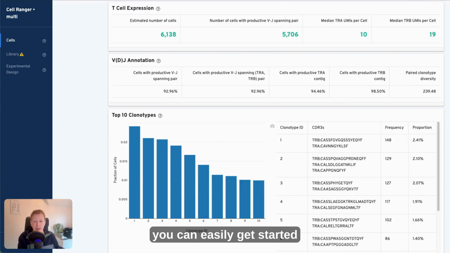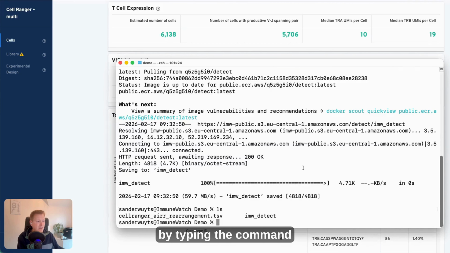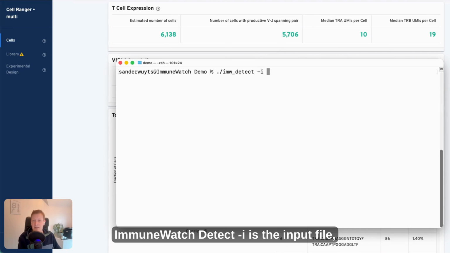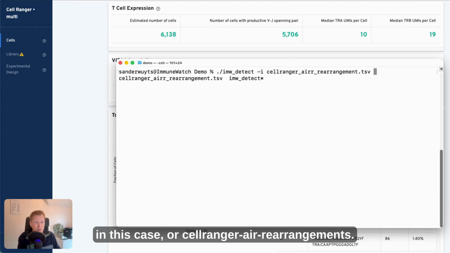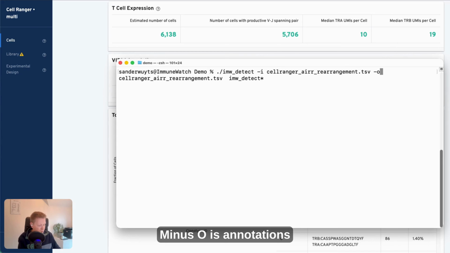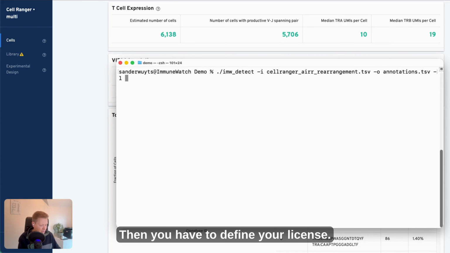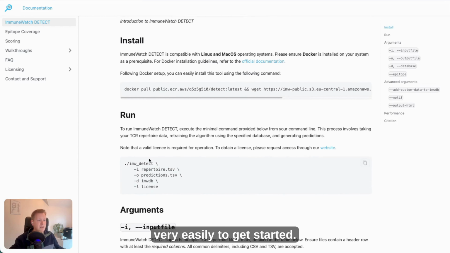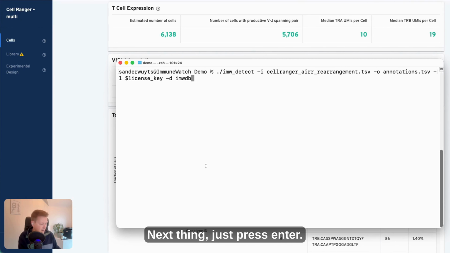Now, once you've done that, you can easily get started by typing the command ImmuneWatch DETECT. -e is the input file, in this case, our CellRanger rearrangement. -o is annotations.tsv, that's the output file. Then you have to define your license key, which I already pre-saved here, as well as saying what database you would like to use. In this case, we will be using IMWDB. All of these commands can also be found here very easily to get started. Next thing, just press